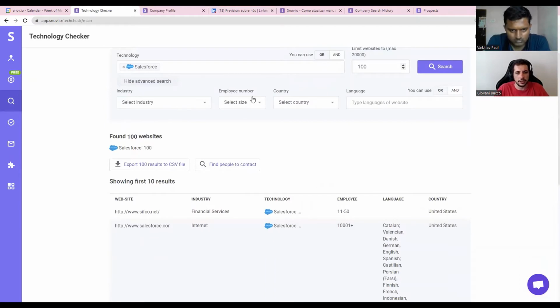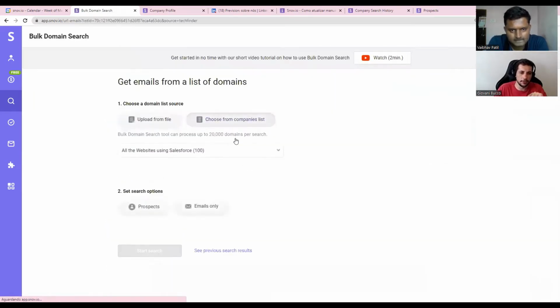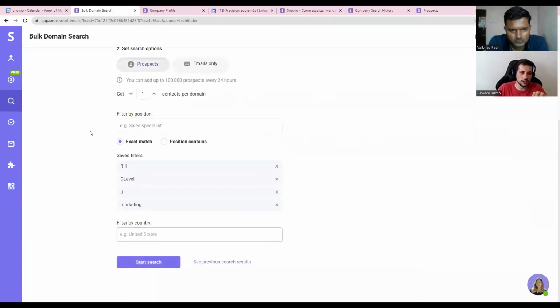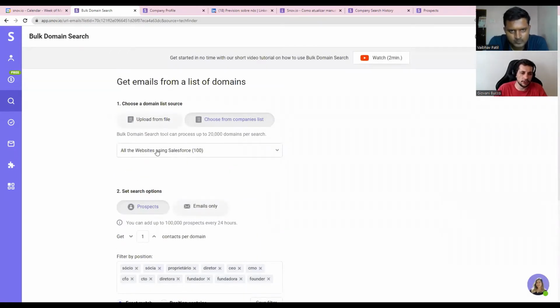I can select industry, employee number, country, language, and of course you can export. But what I like the most is once I click find people to contact here, we go back to the same page. So I can just find the job positions that I want inside of all the websites using Salesforce.